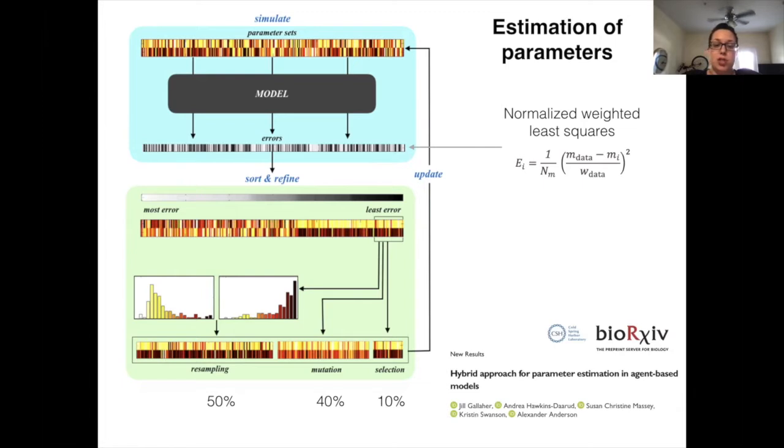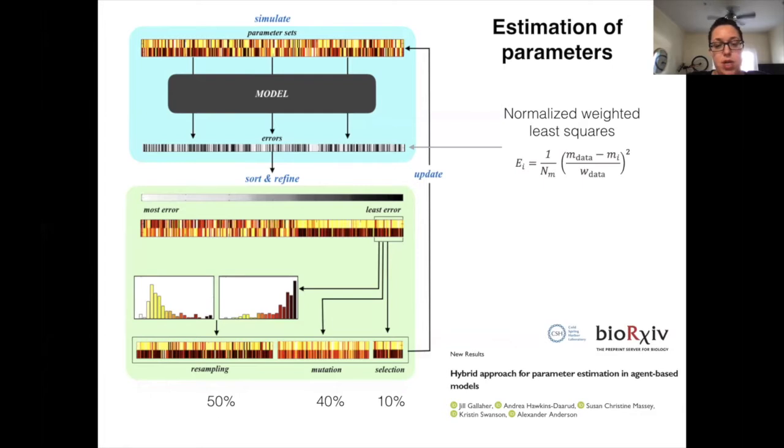We have selection, so we take the 10% with the least error and carry that directly into the next iteration. Then we take that selected cohort and have some mutation within it. And then we define the distributions as they come out,